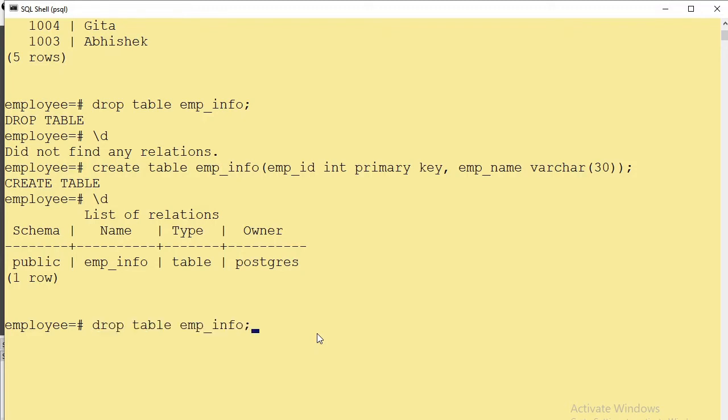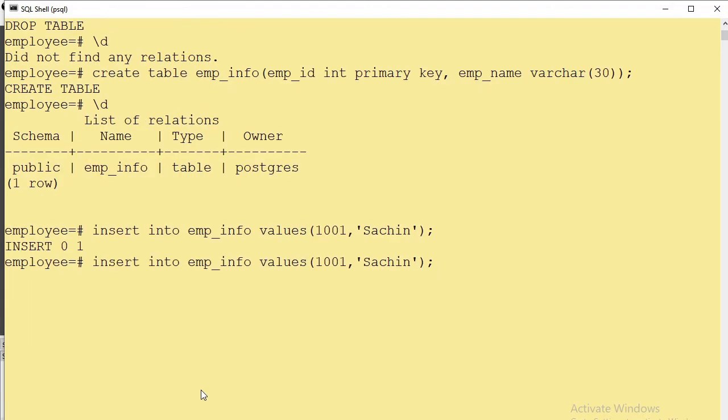Now we will see what the importance of primary key in the table is. So here again insert data, that is, insert into emp_info values 1001 and we will have the employee name.